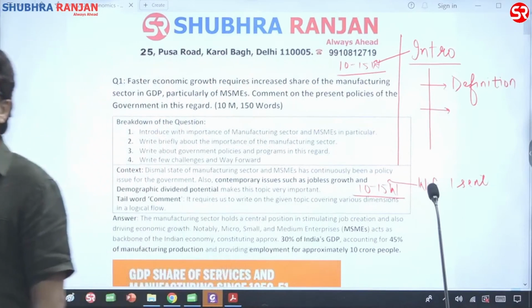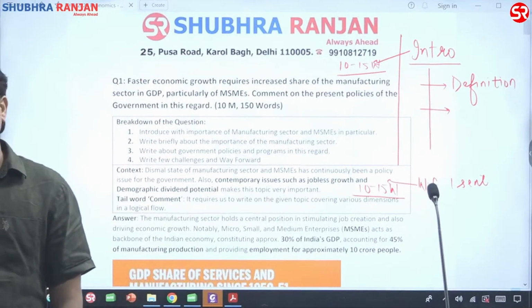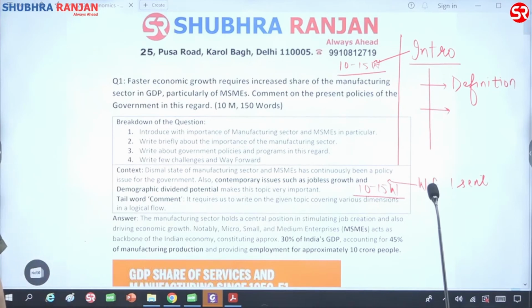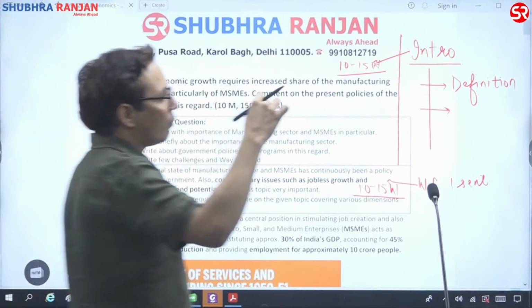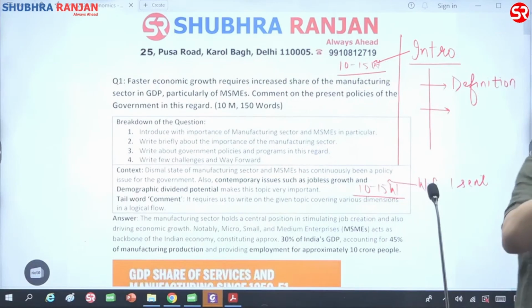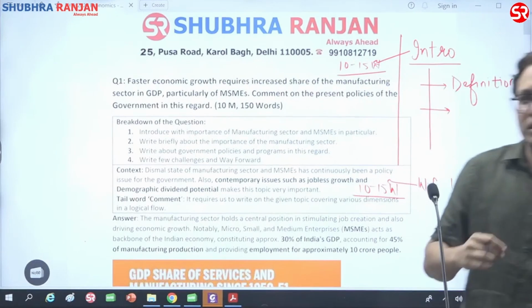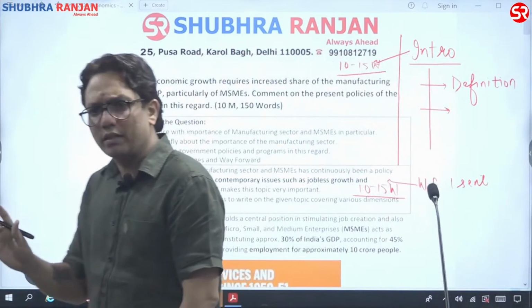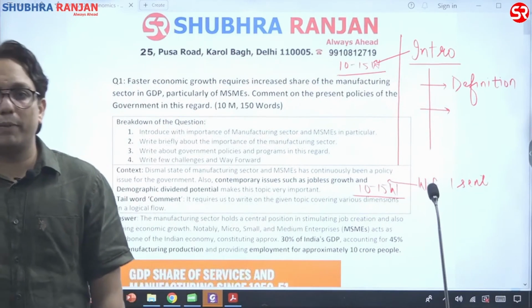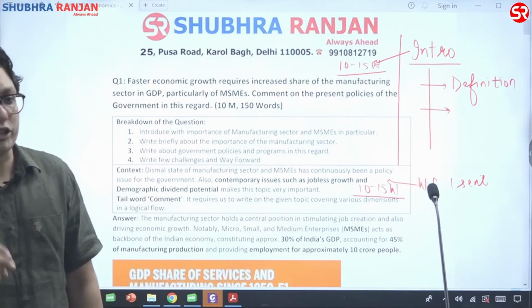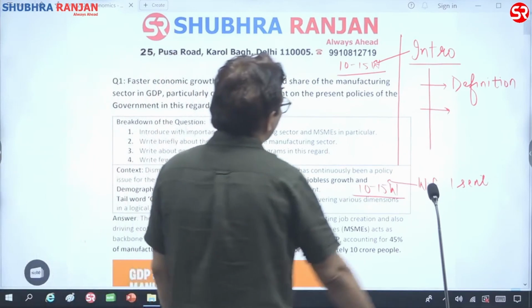So I come to this part, which says, in this question I cannot give a definition of MSME. The definition is huge. I cannot say that depending upon this much investment and this much turnover, this is the definition of micro, small and medium enterprise as was given in the Atmanirbhar Bharat package. You understood that? So certain questions would be there in which we cannot give an introduction or a definition. Here comes to a rescue